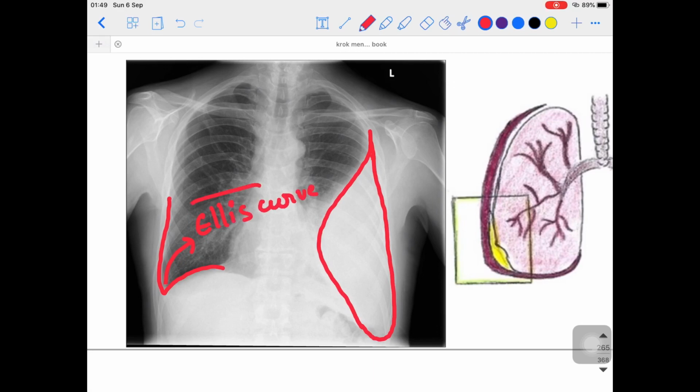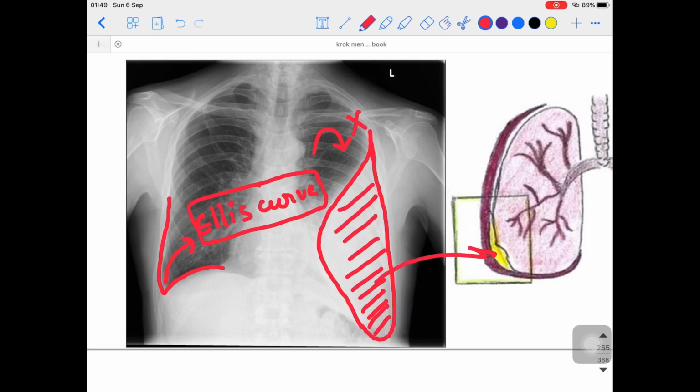Whenever you are looking at the X-ray, we are concerned about this Alice curve, whether there is an Alice curve or not. Here the Alice curve is absent, isn't it? So that is the thing. And what is filling over here? This whole thing is filled up with some kind of fluid, and we are expecting what? This is some kind of pus, isn't it? So that's what you can appreciate in this image.